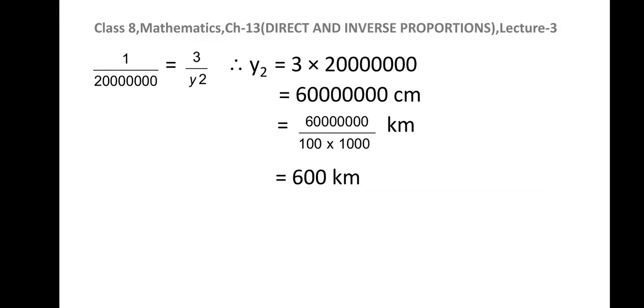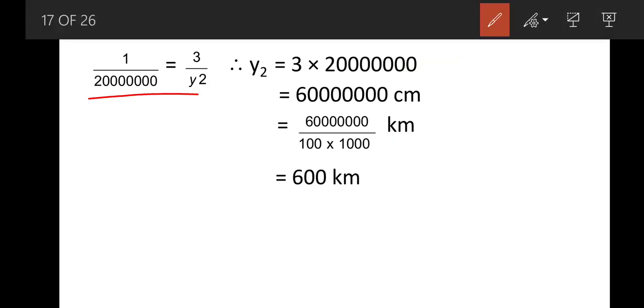So using the concept of direct proportion, x1 over y1 is equal to x2 over y2. It is quite simple to solve this. This y2 will be shifted here, and you are supposed to cross multiply. So y2 will be 6 crores centimeters, and it is better to convert it into kilometers, because we are supposed to find the actual distance, and actual distance can be easily measured in kilometers. So I have calculated it in kilometers. You can leave this answer till here also, that will also be correct, but we can also convert it into kilometers, and if it is asked especially in kilometers, you are supposed to definitely convert it into kilometers.